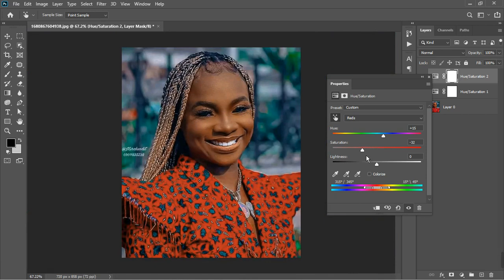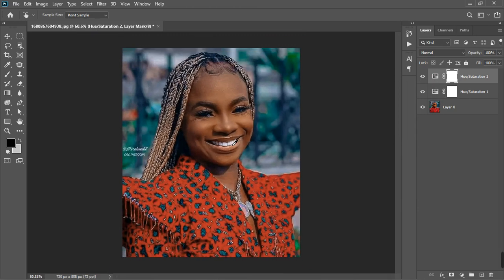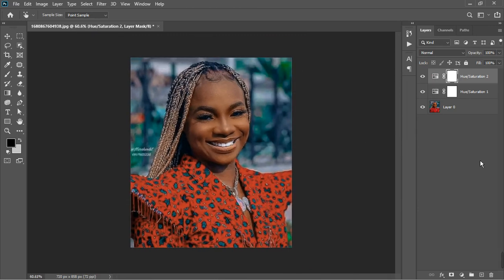And if you want to decrease it more, you can actually decrease it more, and let's just find a sweet spot for it. So here is a sweet spot for it, 13, and the saturation, I'm just gonna bring it back a little, and that's good enough. I'm not gonna do any other color grading or any other editing, but I'm just gonna